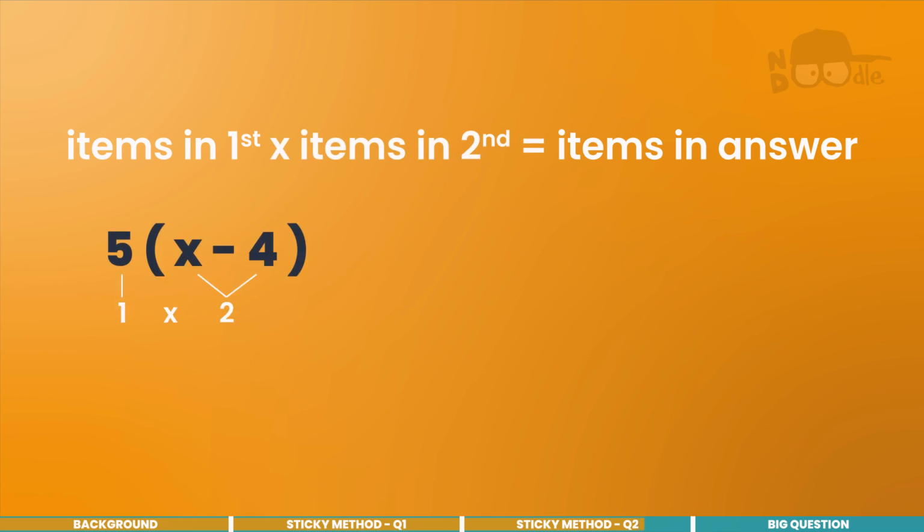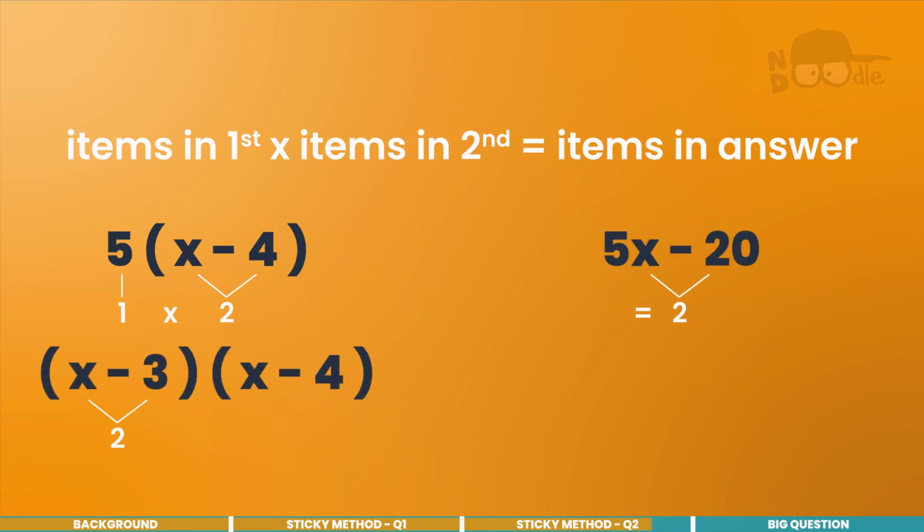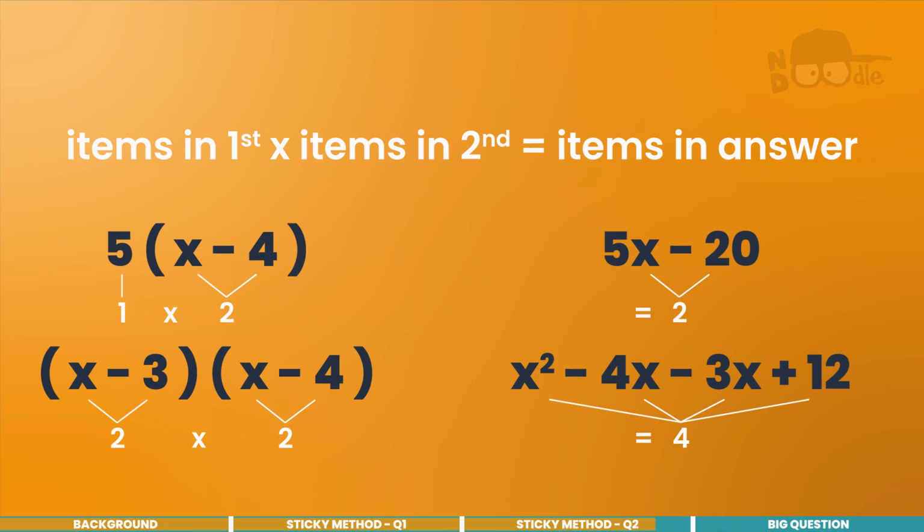Here's a good check you can do. When we multiply two chunks together, the number of items in our initial answer, that is before we start collecting the like terms, should be the number of items in the first chunk multiplied by the number in the second chunk. So for our first question, we had 1 times 2, which is 2 items. And for our second question, we had 2 times 2, which is 4 items. This matches the number of items in our initial answer,